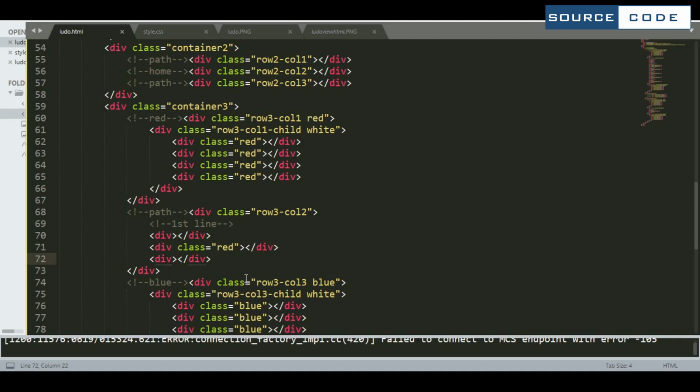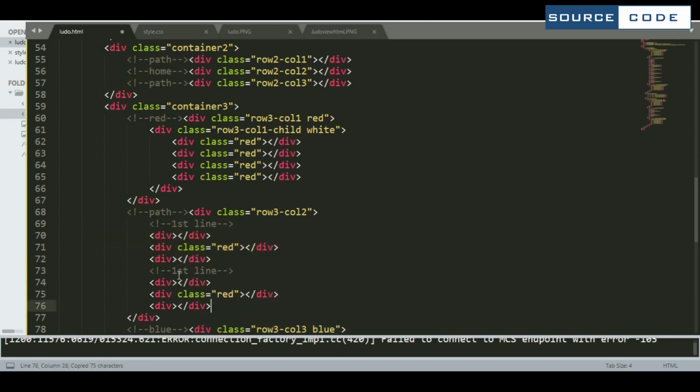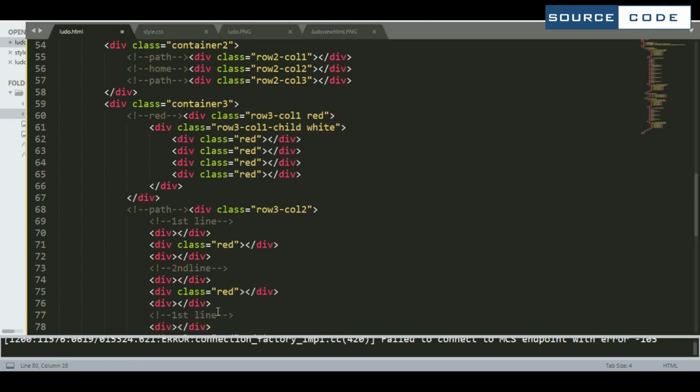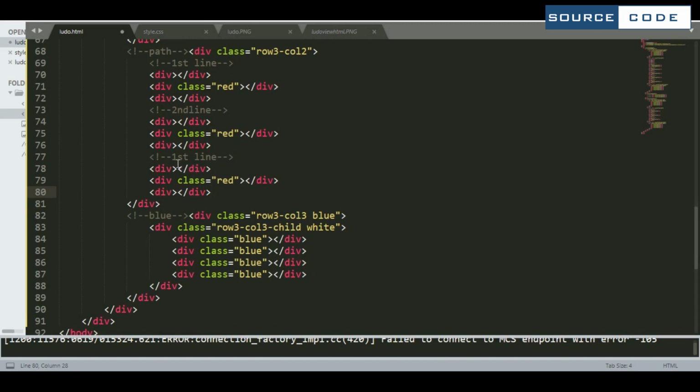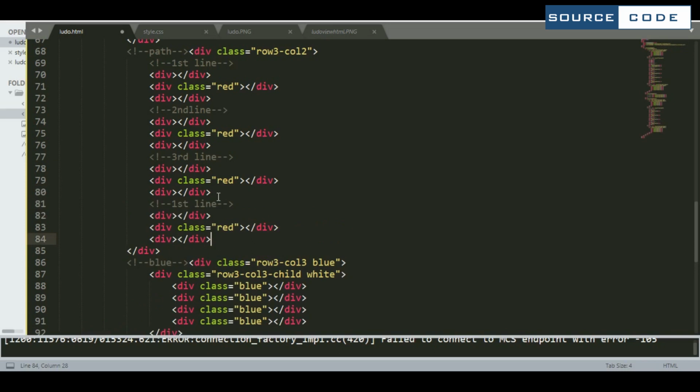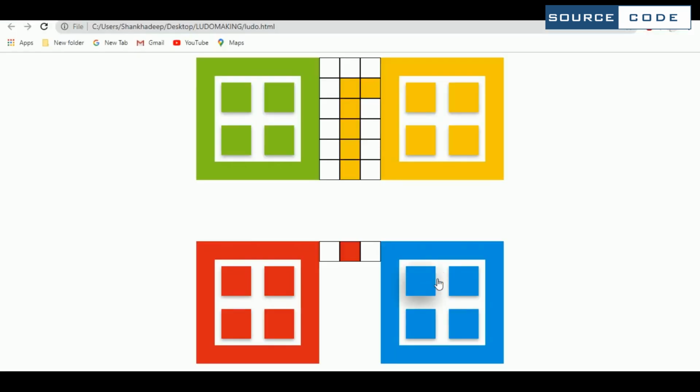So just copy this one three more times. So this is going to be our second one. This is the third one, and this is the fourth one. Now come to the output part. So as you can see, we have got our four boxes.